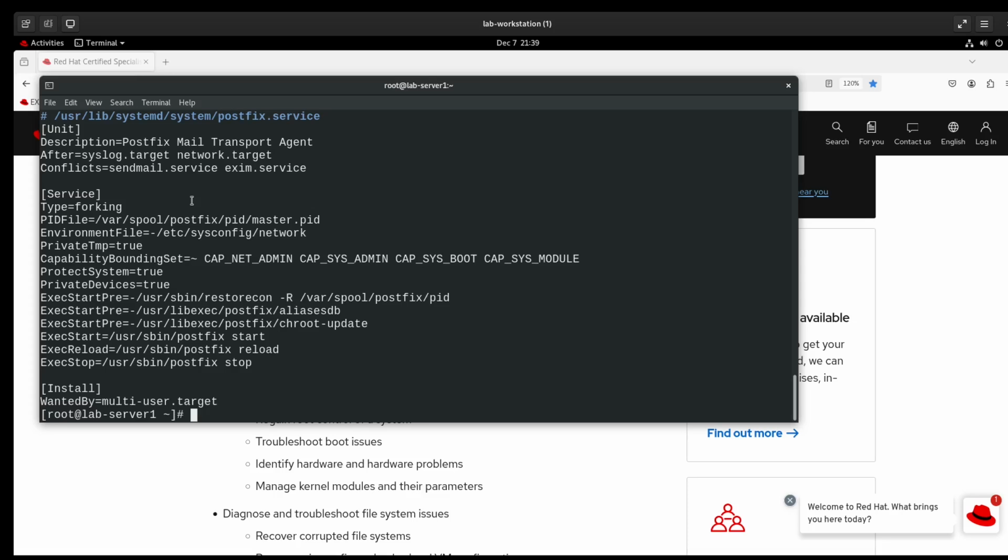But if I'm correct, conflicts is basically saying if, let's say, sendmail.service is running, if you run postfix, it's going to stop sendmail.service. And the WantedBy, if I believe when multi-user target starts, then the postfix service is also going to start. I'm not 100% sure of that. So,